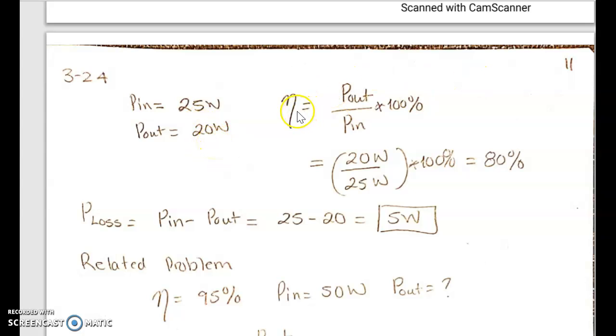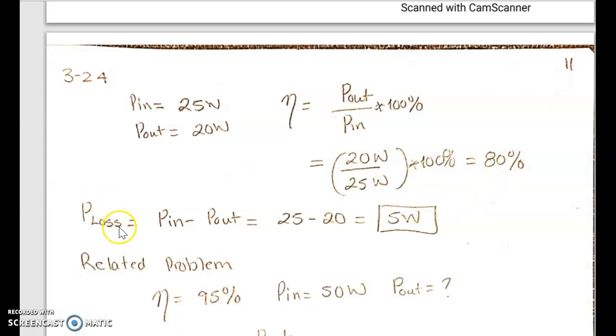We define efficiency as P out over P in times 100 to make it into a percentage. So every time we calculate efficiency, it's going to be output over input. It doesn't matter if it's power, voltage, anything. We always do out over in. And if we want to make it into a percentage, we'll multiply it by 100. So in this case, this power supply is 80%